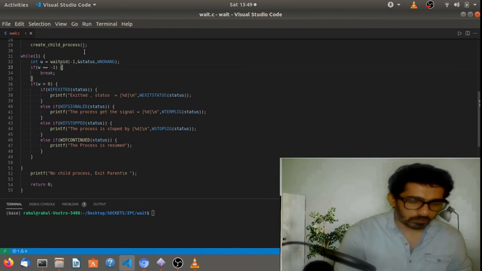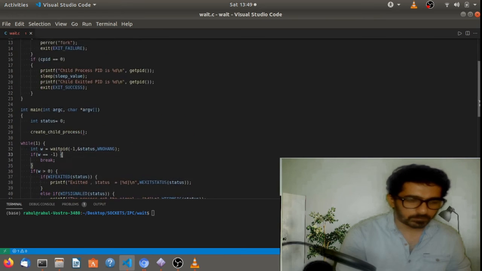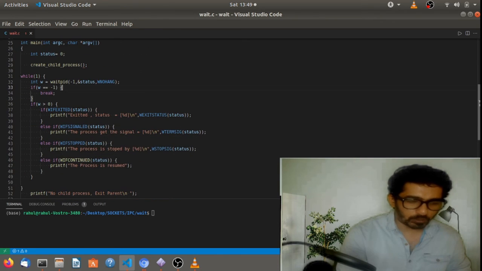So if there is no process to monitor, then it will exit with this value, and if it is greater than 0, then it will monitor all the states of this process while w is greater than 0, right? So till now we have created the process, we have created the waitpid, we are continuously monitoring this forked child process, and we are checking the state of this process also.